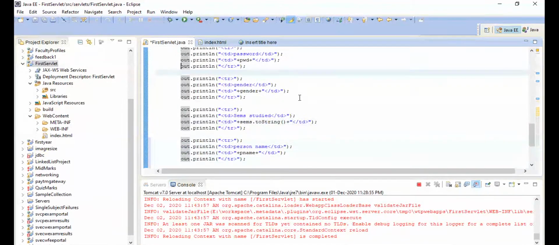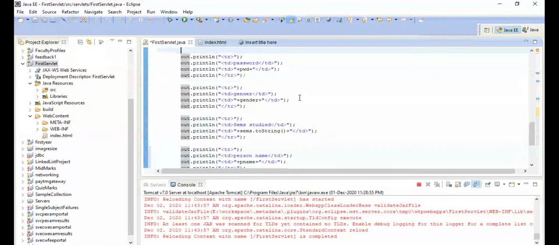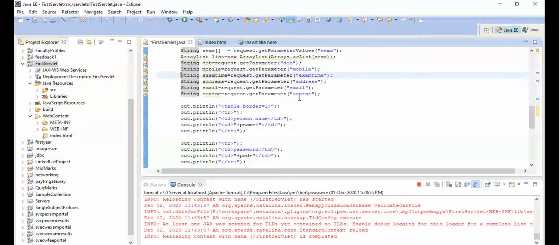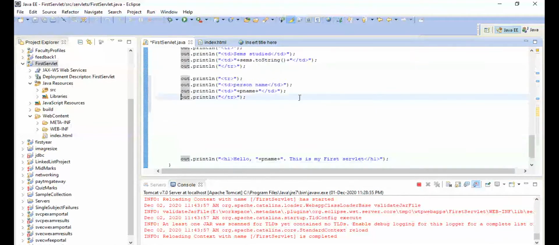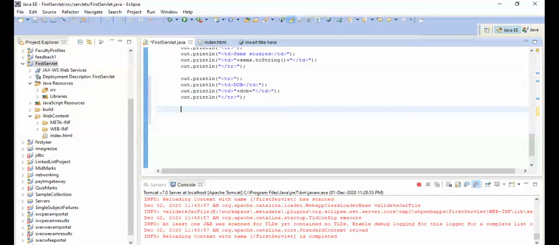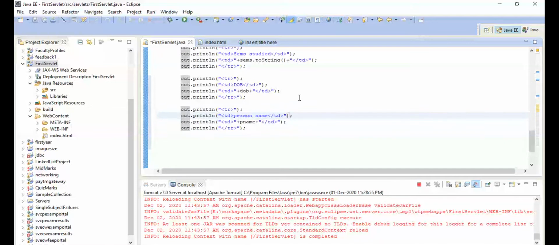The next one is DOB. Next, mobile number.